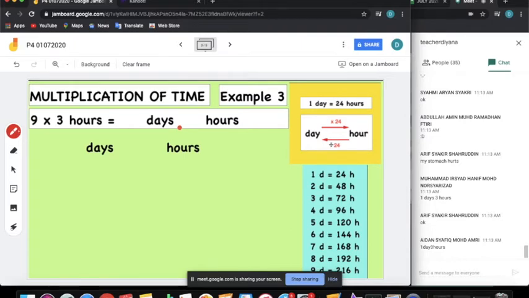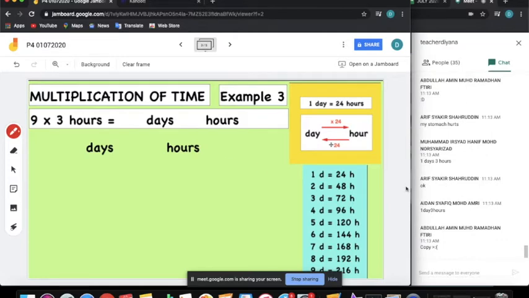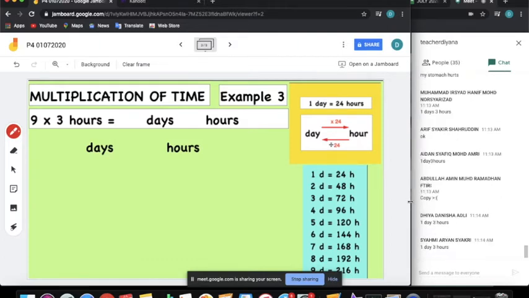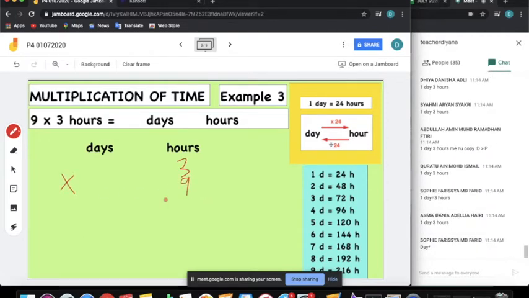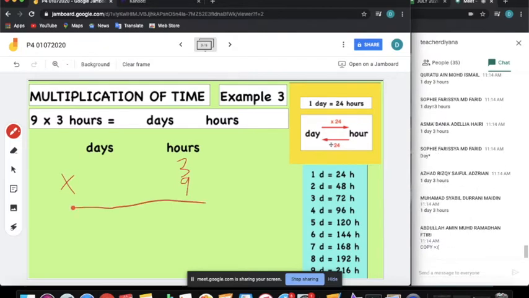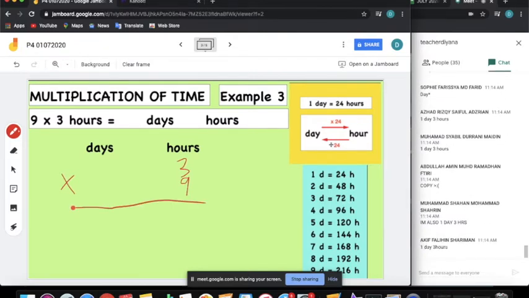Aidan Shafi also 1 day 3 hours. Before I show you the answer, who are not mute? Answer me. Syahmi Aryan, 1 day 3 hours. First, you arrange the 3 hours here, and then the time is 9. Okay, teacher trusts you. How did you get that? 1 day 3 hours. Azahat also. Good. Akif Alihin, alright, 1 day 3 hours. Okay, Shahan, very good.